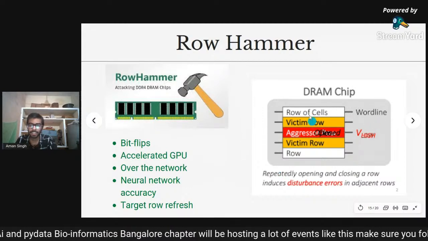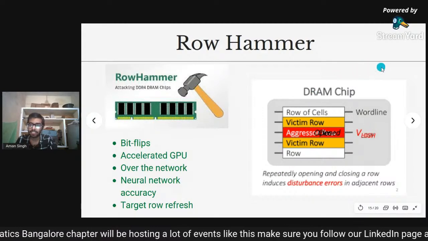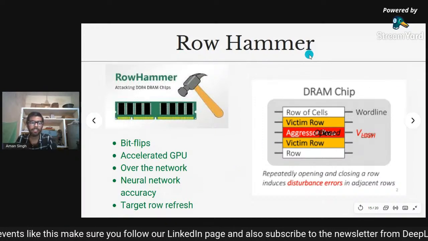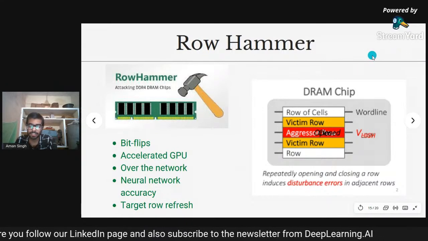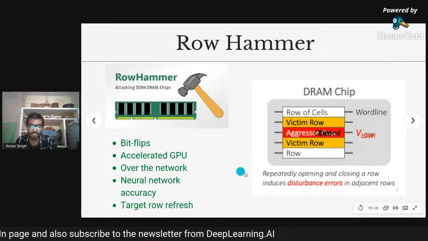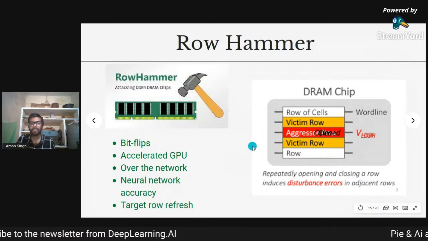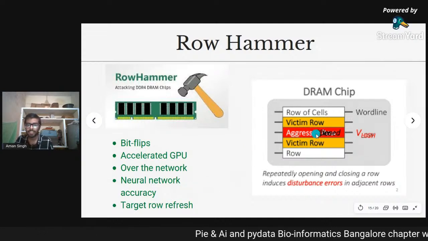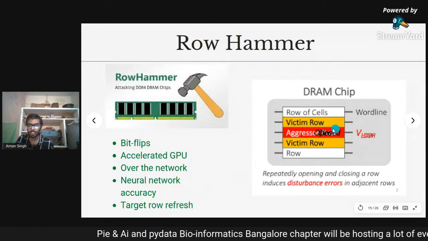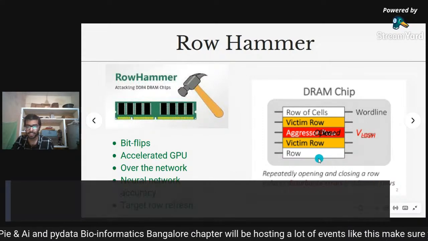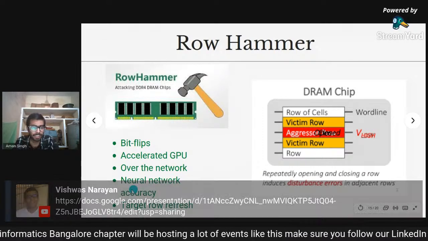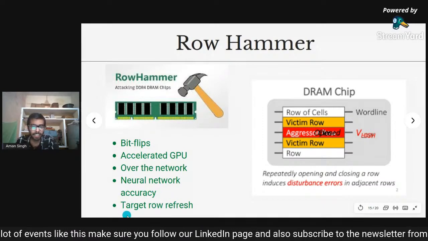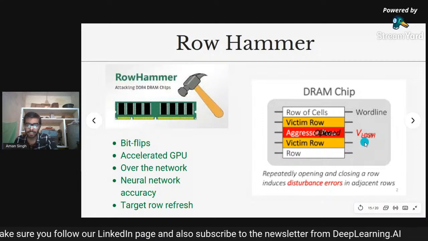if a machine learning model is 90% accurate, and then if you Rowhammer it, the accuracy will drop to 10%, let's say. Therefore, it will destroy the purpose for which you have built it, even though he's not accessing the data. Okay, you have stopped accessing the data, but it can harm the system. It is a very difficult issue which should be tackled, and we have come up with solutions like